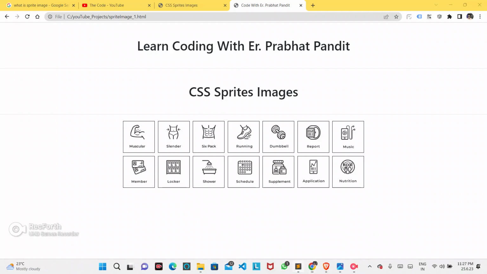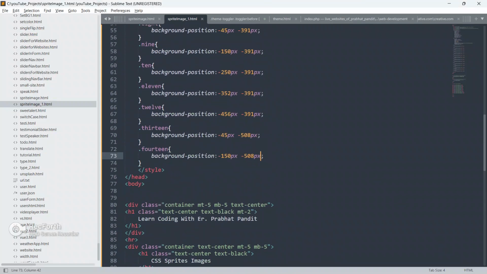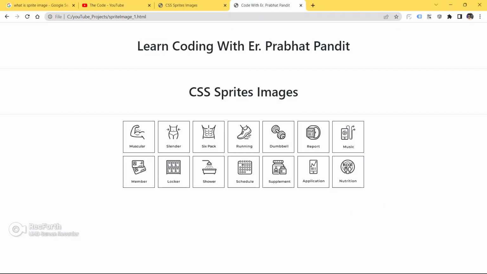So now let me check its responsiveness. As of now, guys, I have explained each and everything. You have to remember there is one very important property known as background position, and you are free to adjust this background position according to the image position, or according to which image you want.